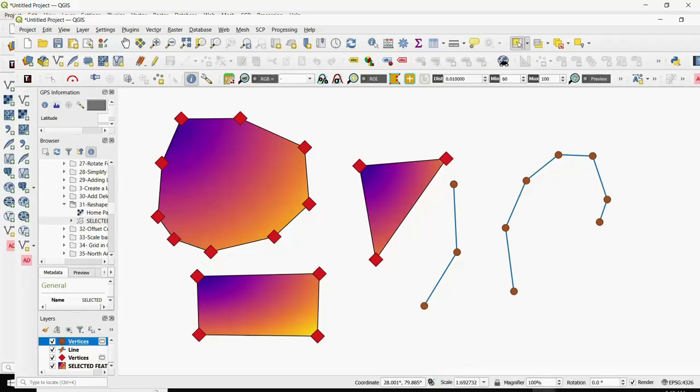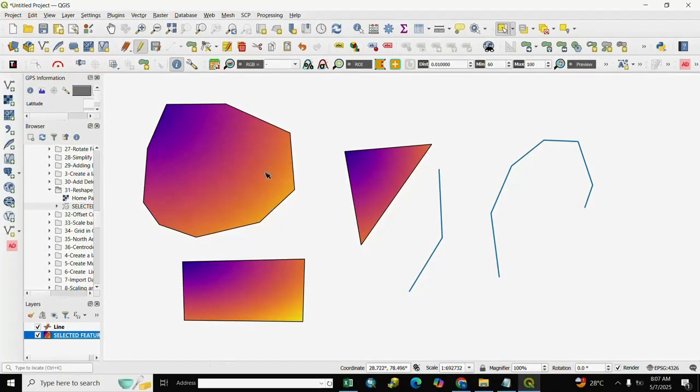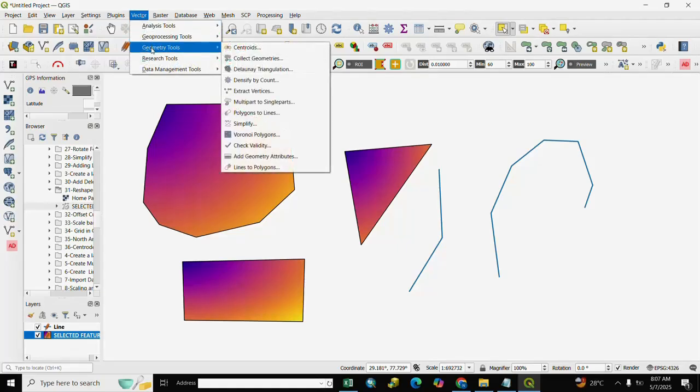So let's start. Here is our polygon and line feature. We extract vertex. For extract vertex we go to vector layer, and after vector layer we go to geometry, and after geometry we select here extract vertex.